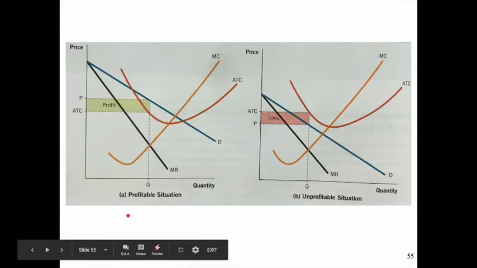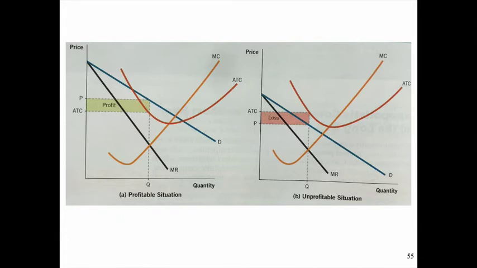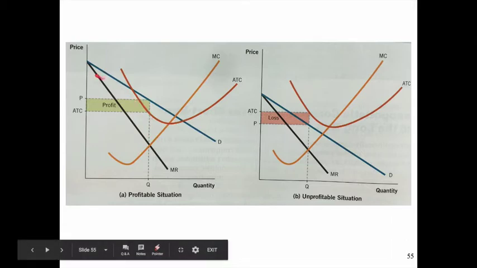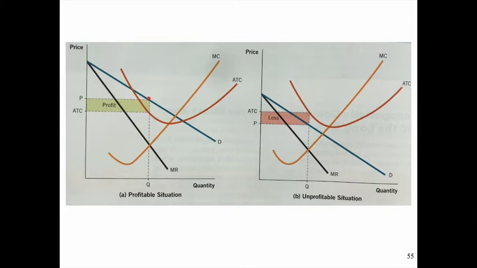So let's talk about a profitable and a non-profitable monopolistic competitive market. Again, you find where your marginal return equals your marginal cost. You go up the demand curve, that's your price point. Now notice, at this point, the average total cost is right here. So this rectangle is where your profit is. So you are making a small profit in the short run. Maybe let's say you're running a fast food business in a food court, and you have more businesses come into the food court, so there are more options.